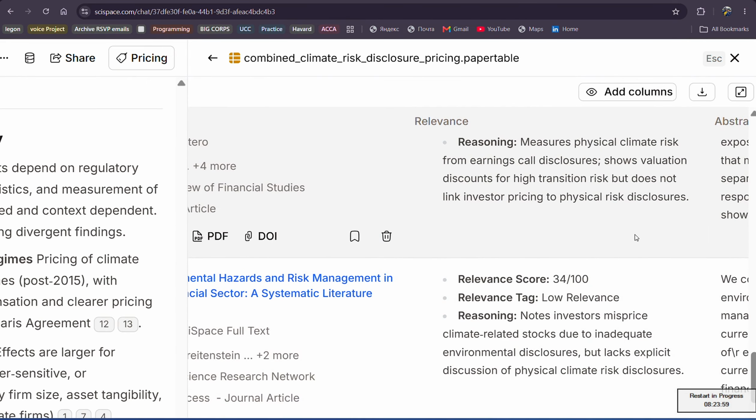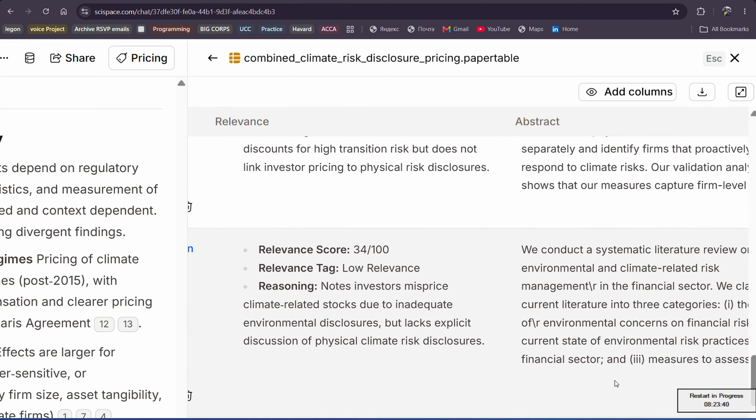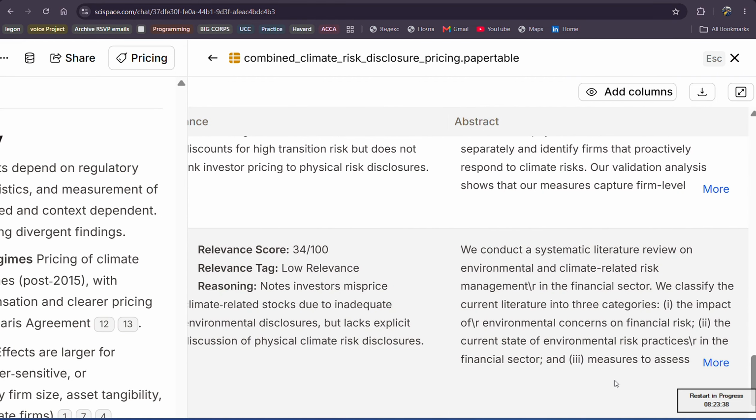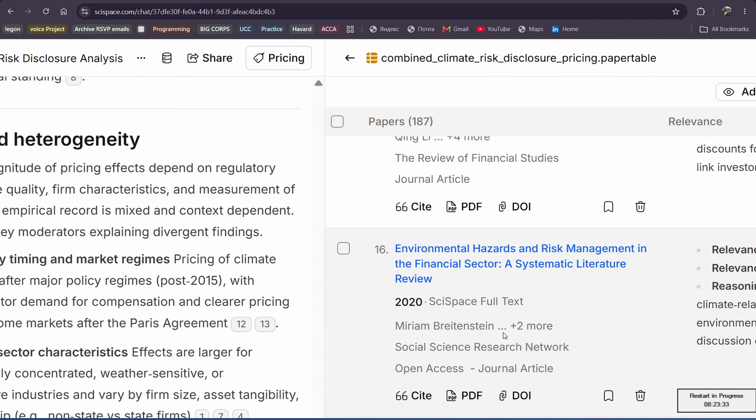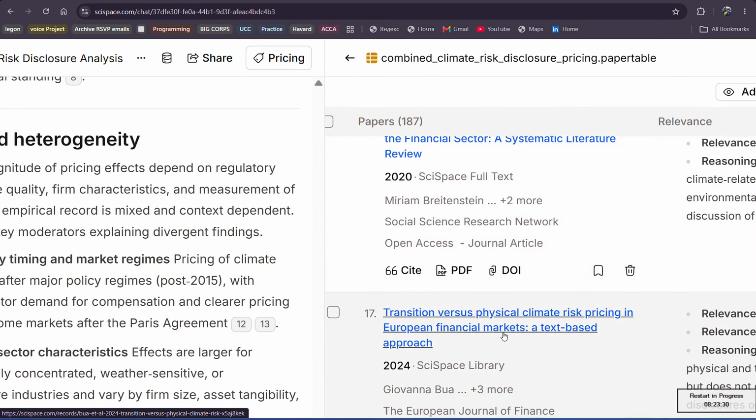Let's go to even lower scores here. So 34% says it is low relevance. And the reason is it notes investors misprice climate-related stocks due to inadequate environmental disclosure, but lacks explicit discussion of physical climate risk disclosure. Exactly. So now it's up to you. If you think 34% is too low for you to include in your literature, you can then make the edit